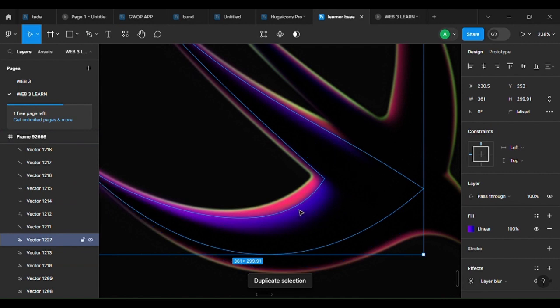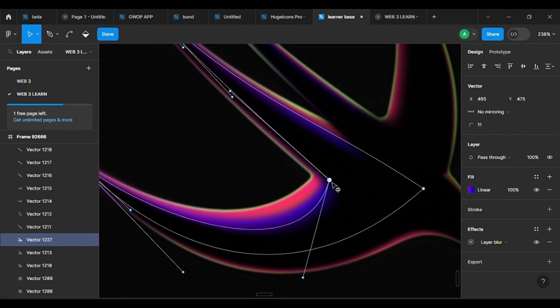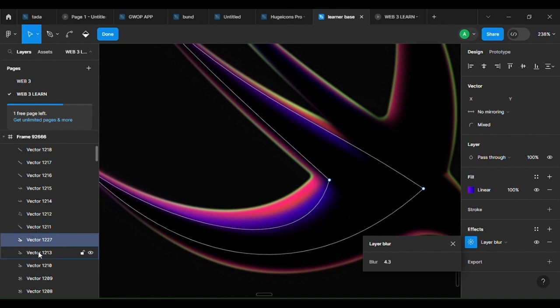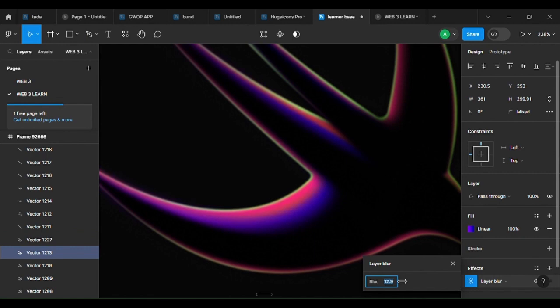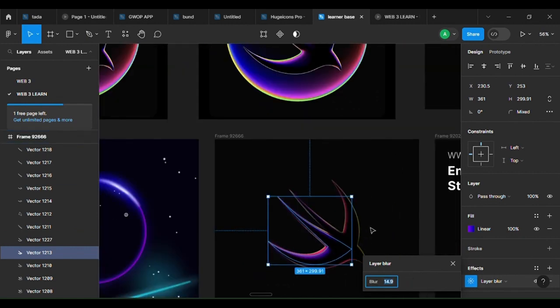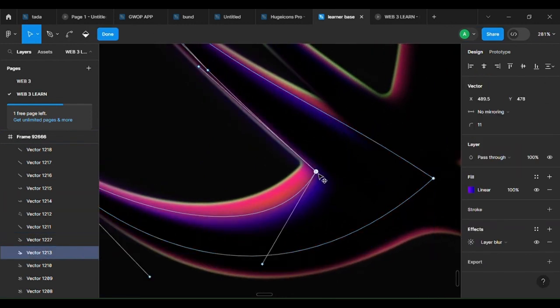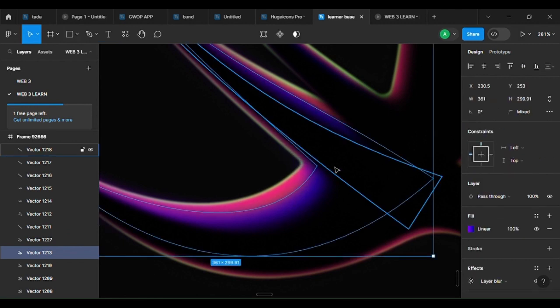I just need to duplicate this one, then shift one of them backwards, and increase the layer blur for it. I just want it to blend more into the work. I don't want it to be having some form of